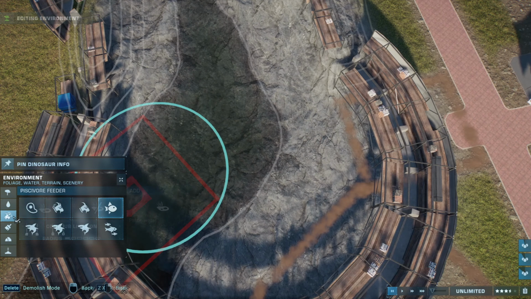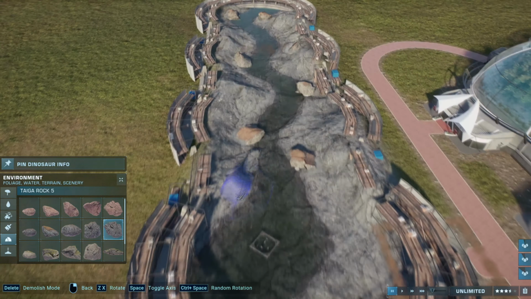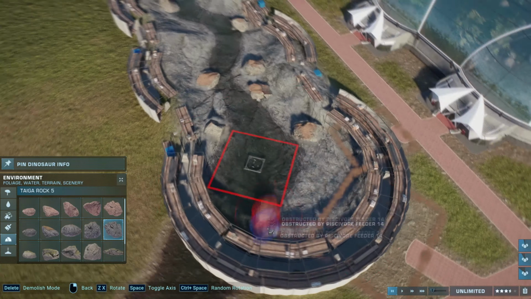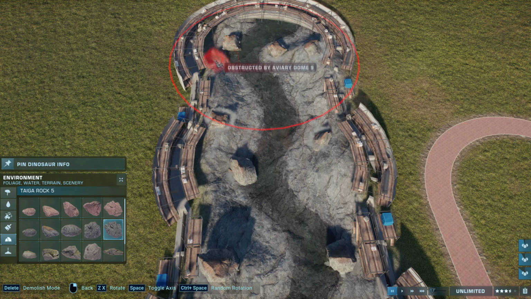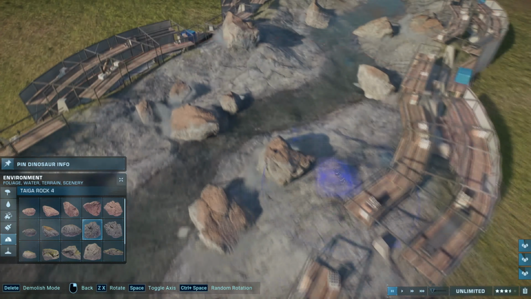This is a river or a rocky river. Again, the fish feeder was in the way, and I was going for a very narrow rocky enclosure. Over here we'll be using the regular trees and also the redwood trees, and we are using a lot of